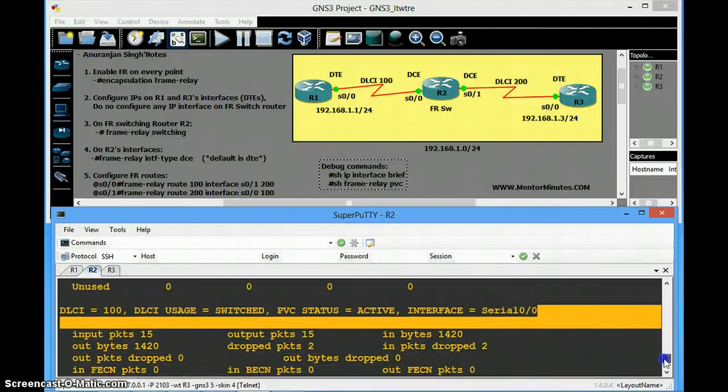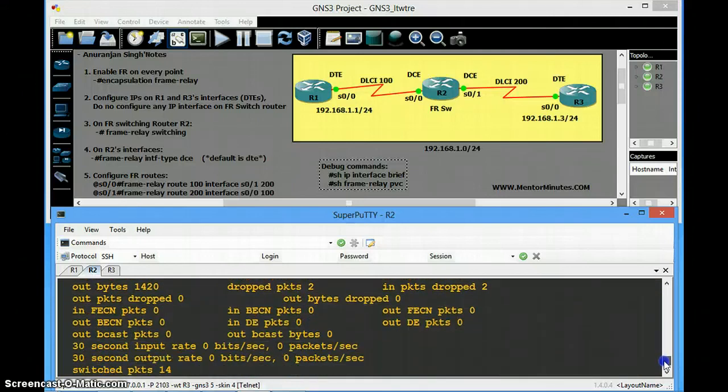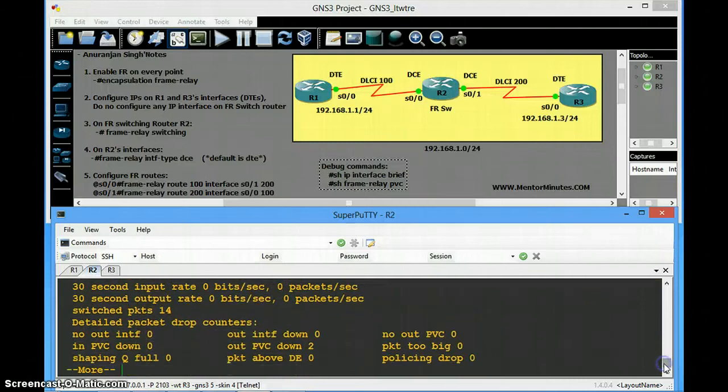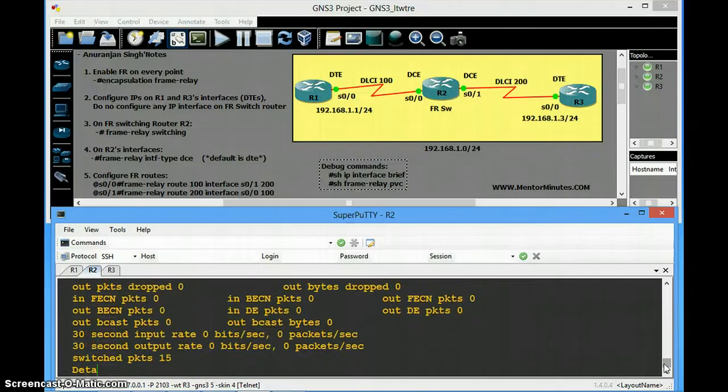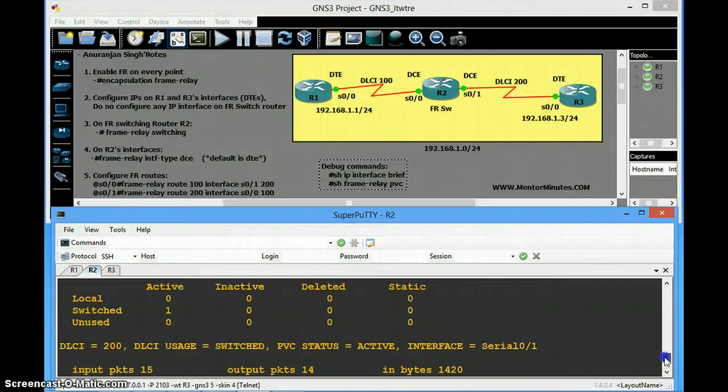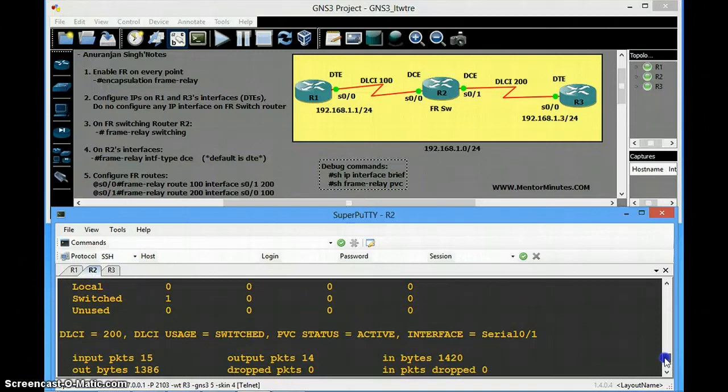DLCI value 100, but where is the other DLCI value? Here this one is DLCI value 200 and the state is active.